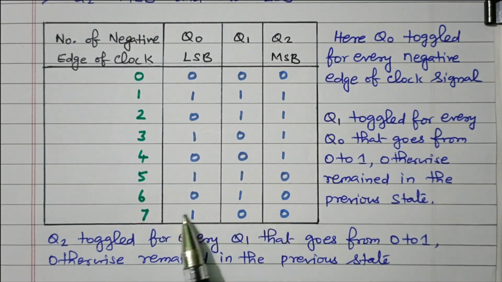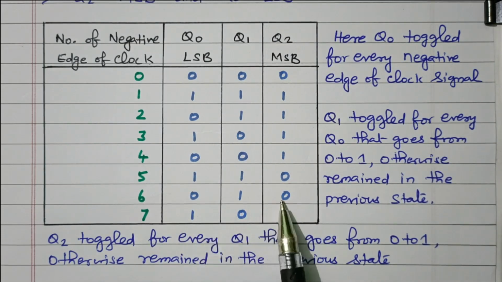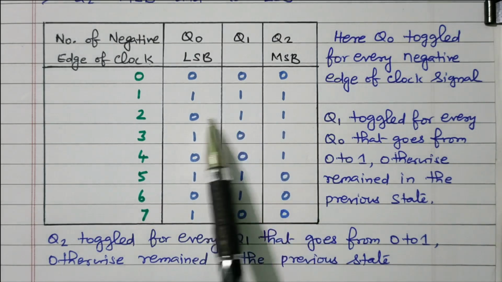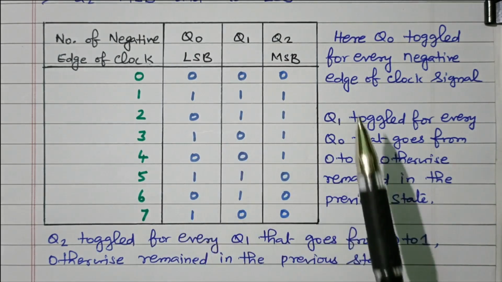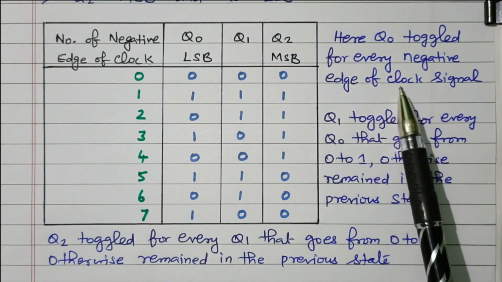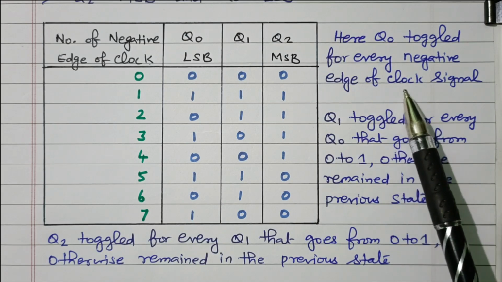So we need to read from like this. 0, 0, 1. 0, 1, 0. 0, 1, 1. 1, 0, 0. 1, 0, 1. 1, 1, 0. 1, 1, 1. Right. Here Q0 toggled for every negative edge of clock pulse because the first flip-flop is connected with the